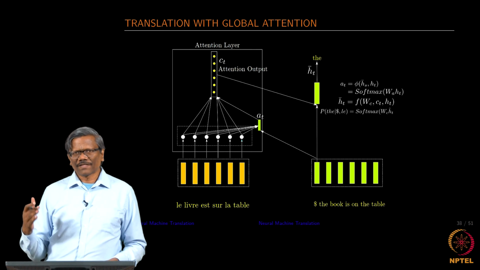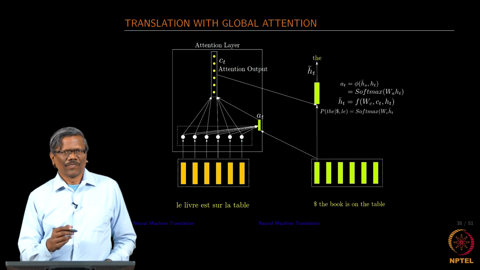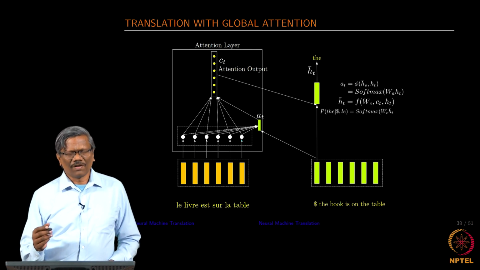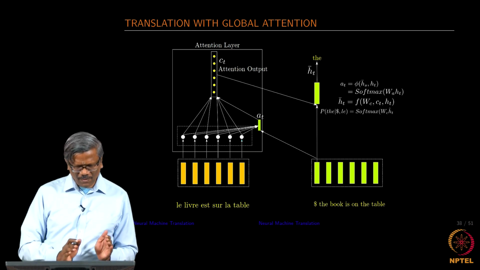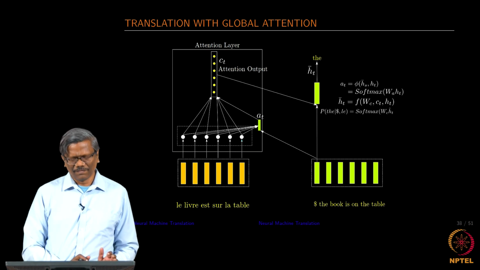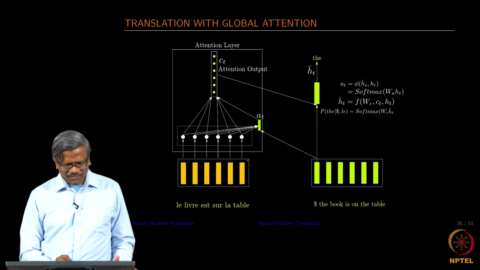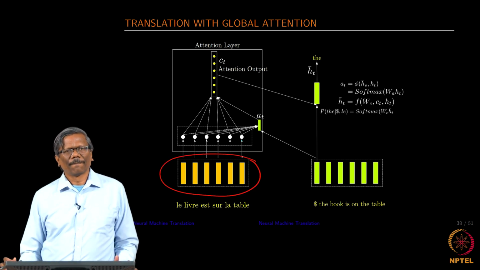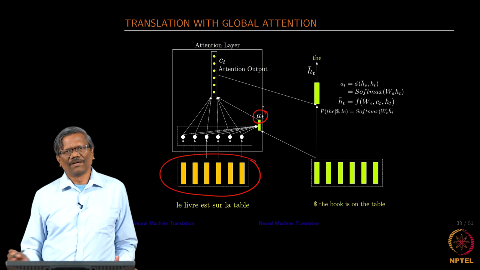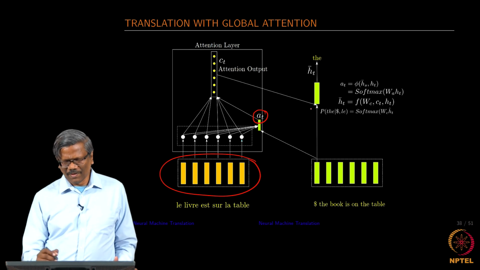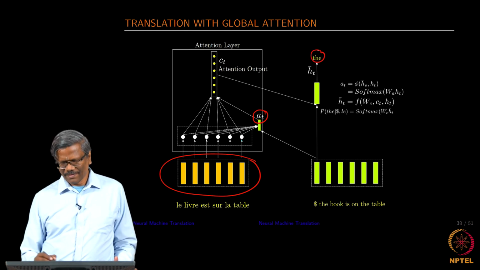So, what we actually saw was just the attention model, where we had looked at the global attention, right. So, that means we looked at every state of the encoder. We have not left out anything. That means, we have taken into consideration every state in order to compute the attention score, right, and that is what we had used to compute or predict the next word, right.